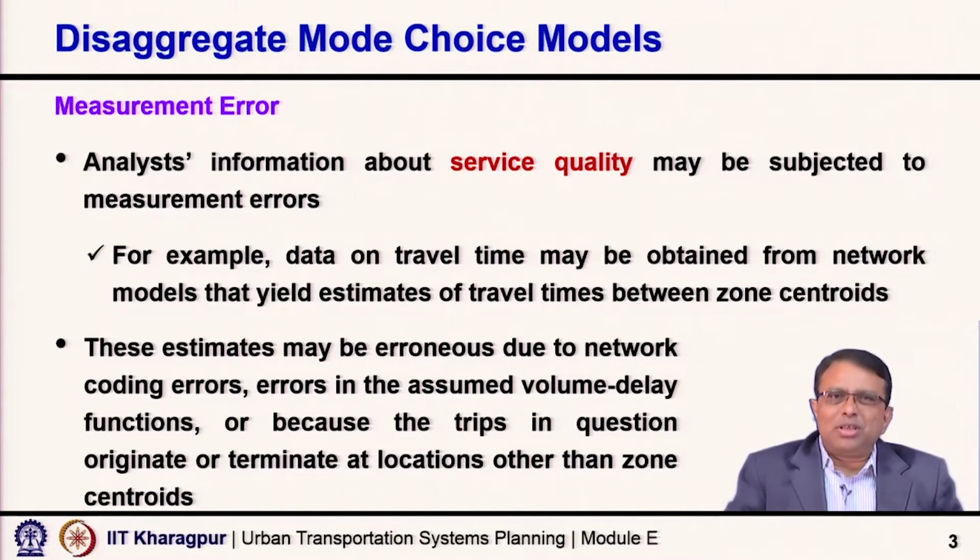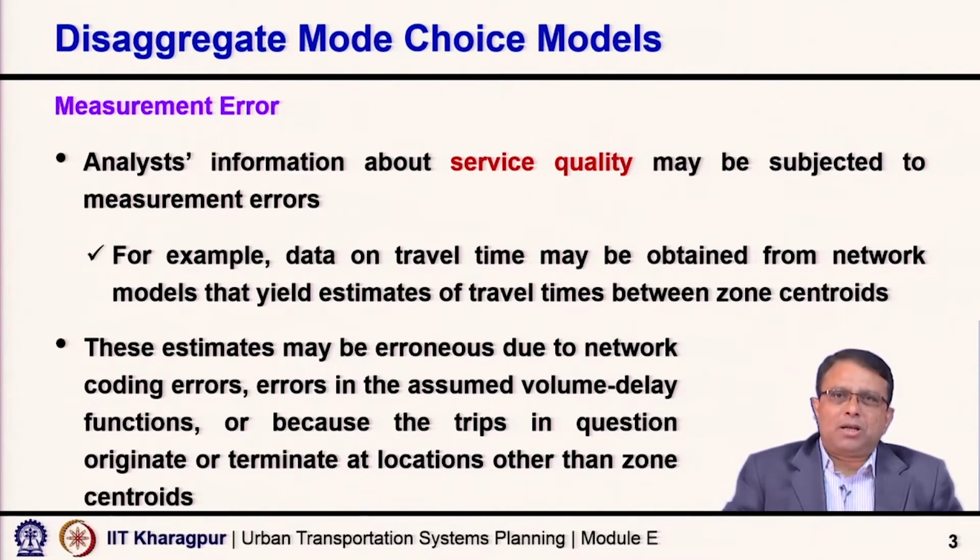So, these estimates may be erroneous due to network coding error, errors in the assumed volume delay function, which are all assumptions, or because the trips in question originate or terminate at locations other than the zone centroid, as I said. There could be so many different reasons for this error,